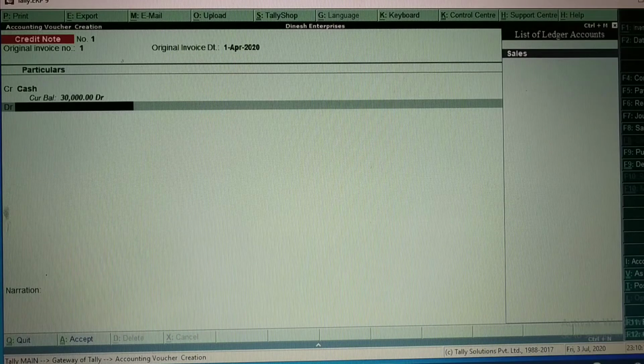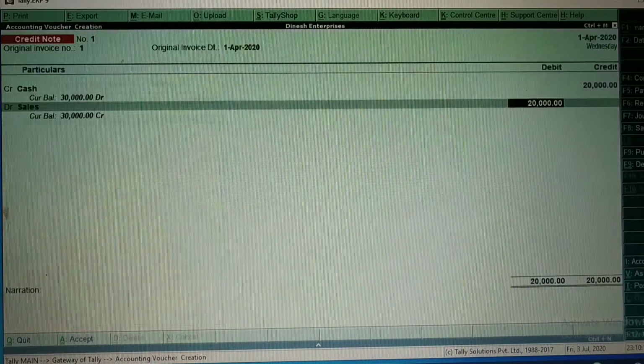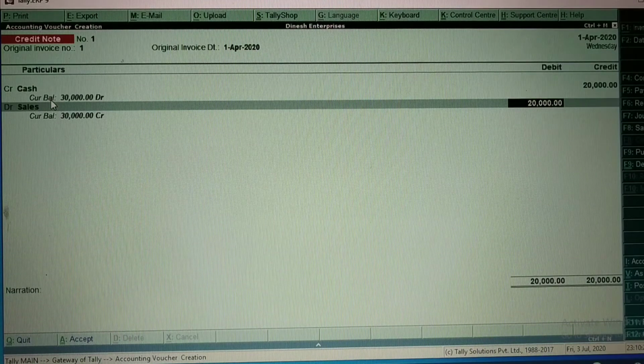So sales, and here I am not specifying any specific item. Press enter. Before, what was the current balance? 50,000, because you had sold 50,000 of goods to the buyer, but that buyer is returning 20,000 rupees back to Dinesh Enterprises.